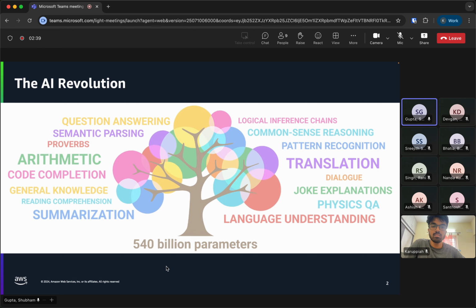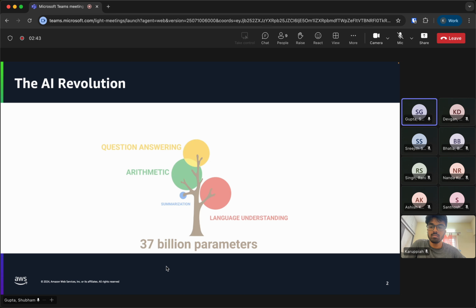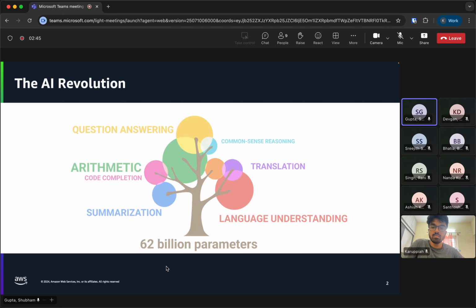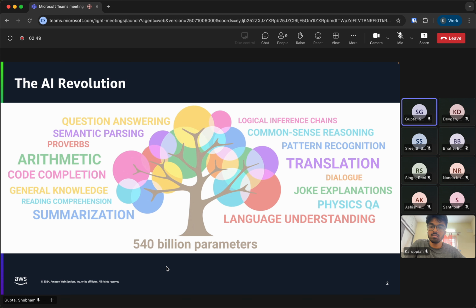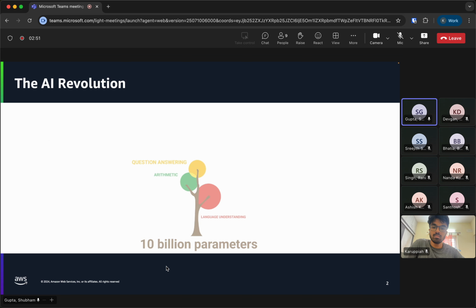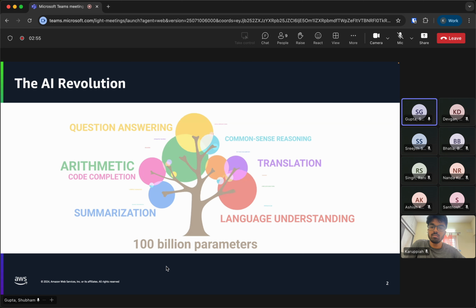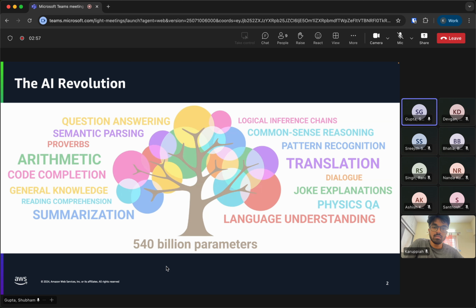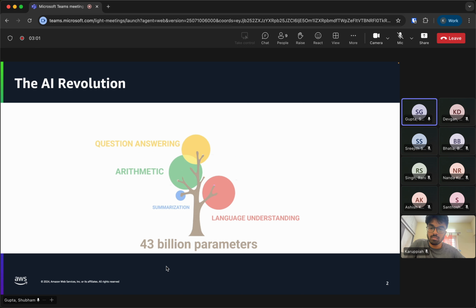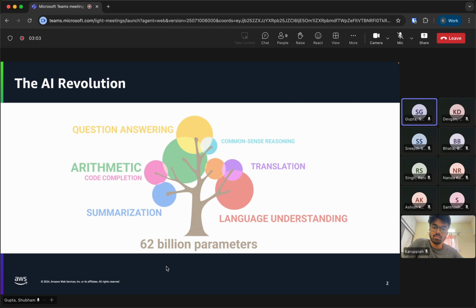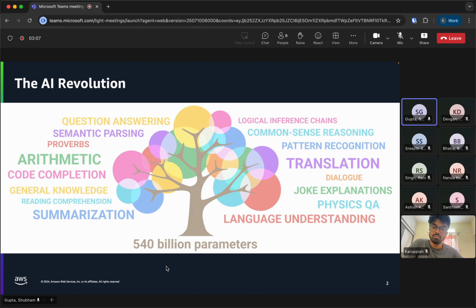It was with the advent in 2021 of GPT-3 that the first time a 175 billion parameter model got introduced. And that's when a lot of other use cases came into being, like code completion, new image generation, summarization, right? And this parameter size, or the size of your LLM, is constantly increasing. Currently, the largest known LLM is approximately 1.8 trillion parameters in size.